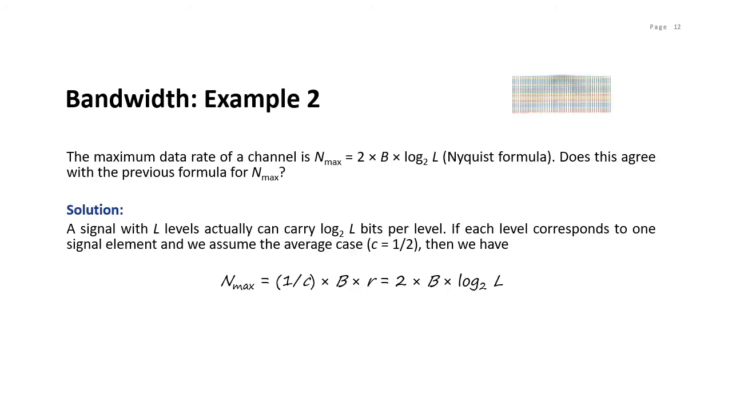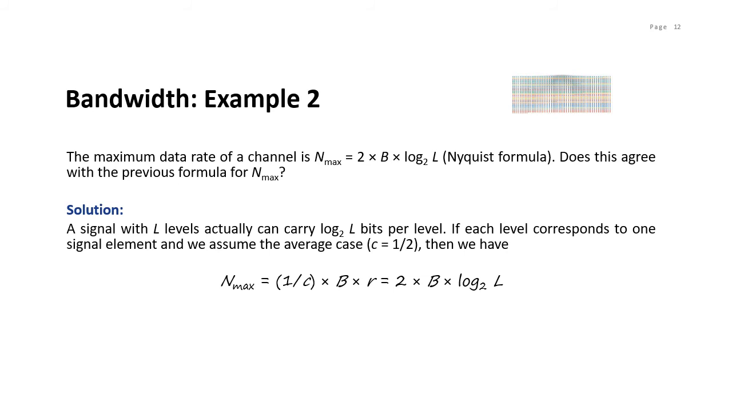Okay, if you still remember, we learned about the maximum data rate of a noiseless channel, the Nyquist formula: max equals 2 times B times log2 L. Here we want to see whether it agrees with the formula for the maximum data rate. A signal with L levels can carry log2 L bits per level. That means each level corresponds to one signal element, and we assume that the average case is